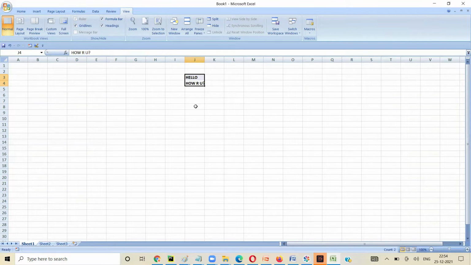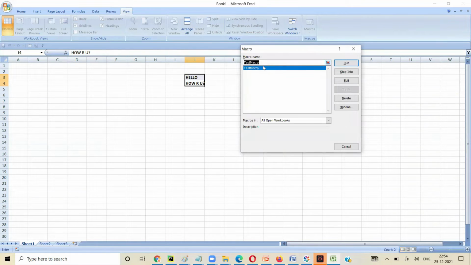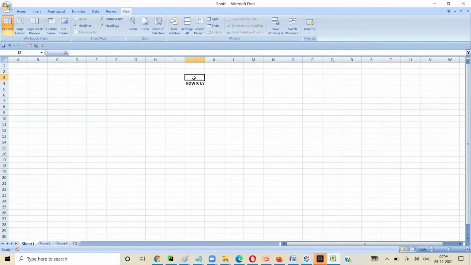Okay, so see what I was saying is, to see the view, you have created a macro, right? Yes, test macro by name, and then view macro. Right. So now click on view macro, and these are the macros which are already created in this book. And if you want to edit, you click here. Or if you want to run it, let's say I delete it, and I go back and say view macro and I say run. So see, it added that. It added the code to do this.